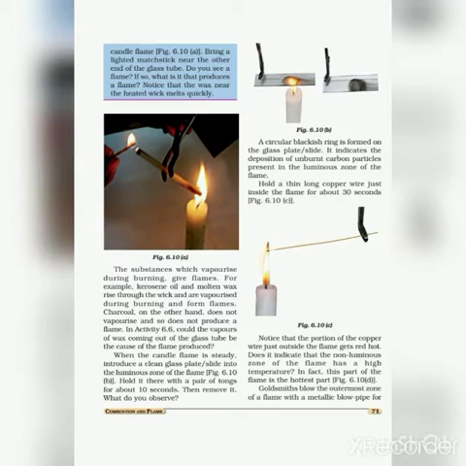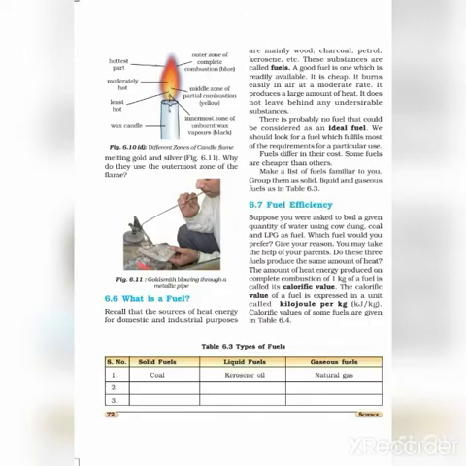Third part, refer figure 6.12. Now hold a copper wire just inside the outermost part of the flame for 30 seconds. The portion of the copper wire becomes red hot. This part has high temperature. It is the hottest part and is called the non-luminous zone. Now this zone has a very high temperature, so it is called the hottest part of the flame. Okay. We will study about the different zones of flame.